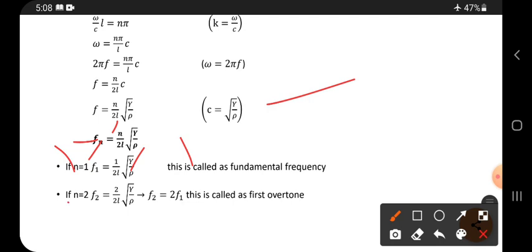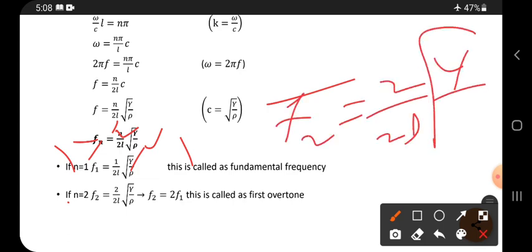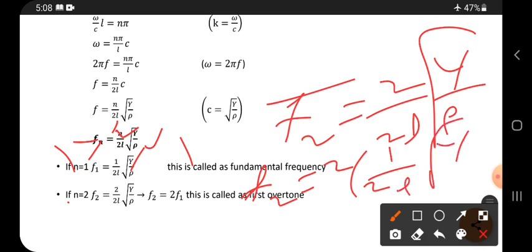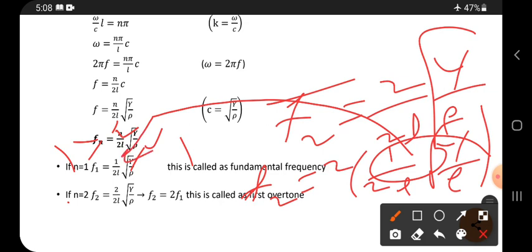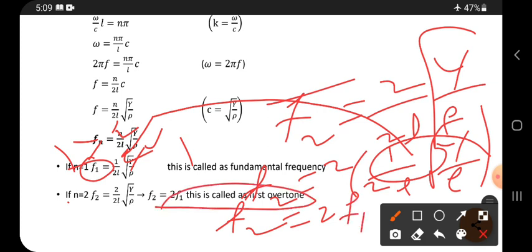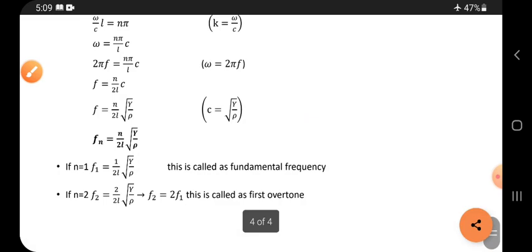Substituting n = 2, f2 = (2/2l)√(Y/ρ), which can be written as f2 = 2 × (1/2l)√(Y/ρ). But this is the fundamental frequency formula, that is f1. So f2 = 2f1, and this is called the first overtone. Okay friends,